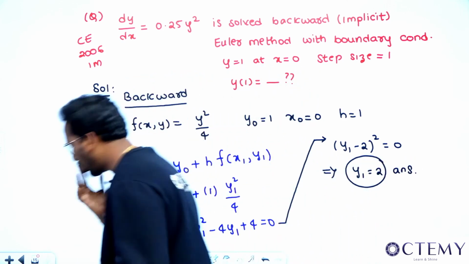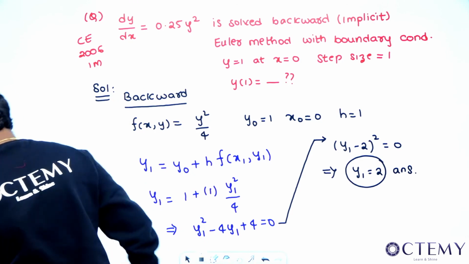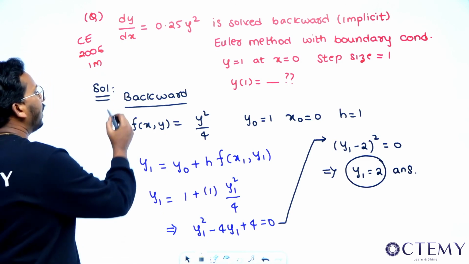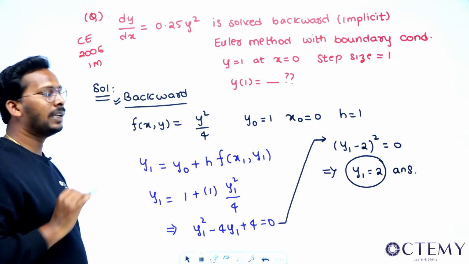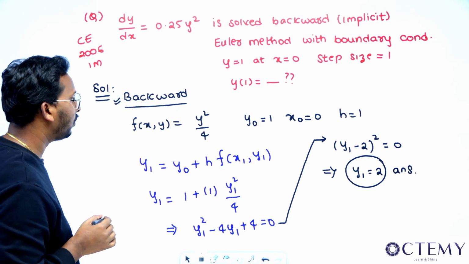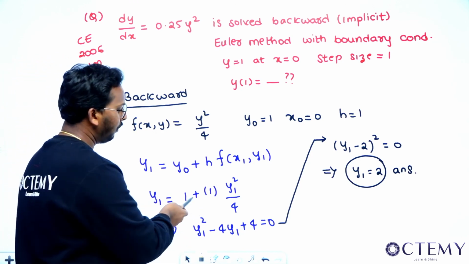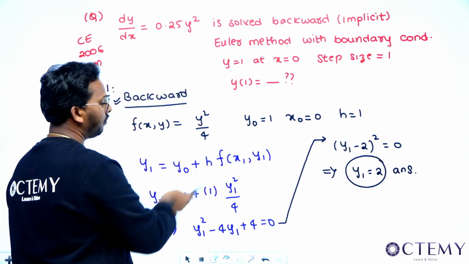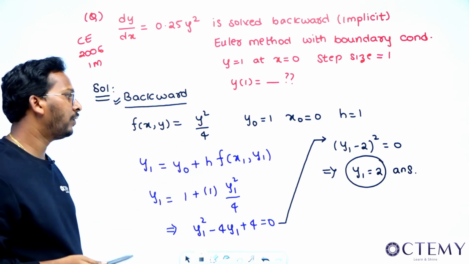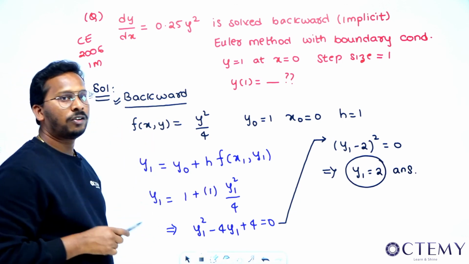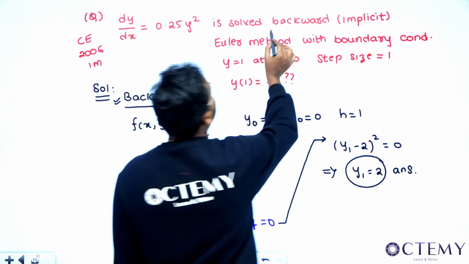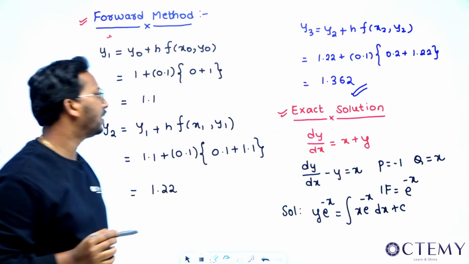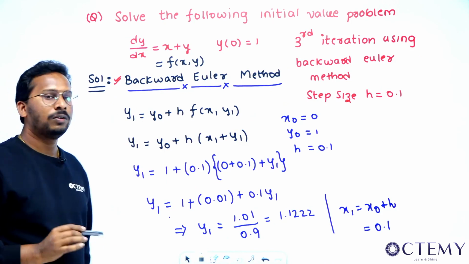Let me just check the answer. Yes, sir. Perfectly, y1 is equal to 2 is the answer. So this is how you have to apply your backward method. Say if you unknowingly applied your forward method, what will you get? You would have got basically 1 plus, this would be x0, y0. So 1 into f(x0, y0), 1 plus 1 by 4. So 1.25 would have been the answer if you had applied forward method, which would have been wrong. So that's why this class is important. Just see in the question what he is asking, right? So just remember this particular way of applying your Euler's backward method.